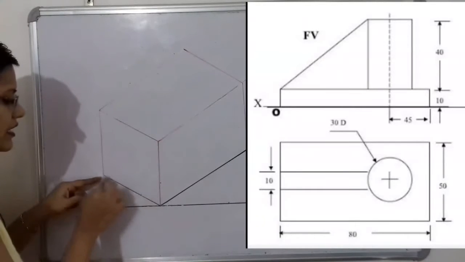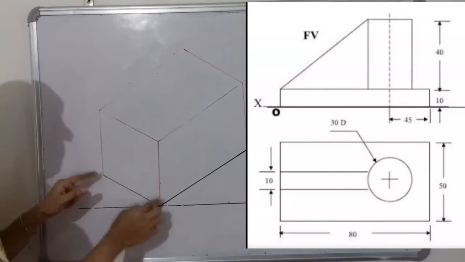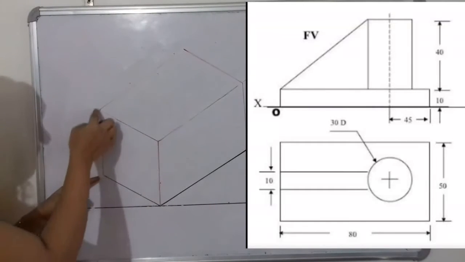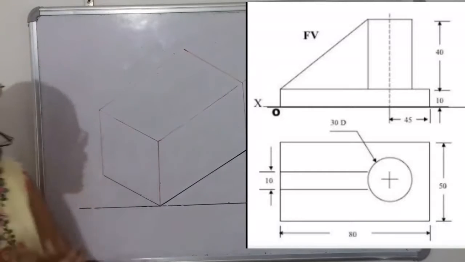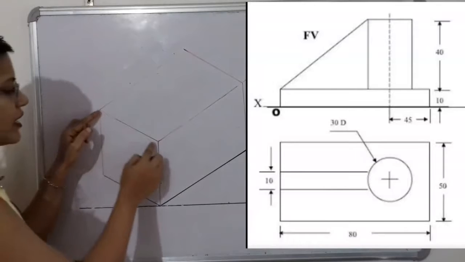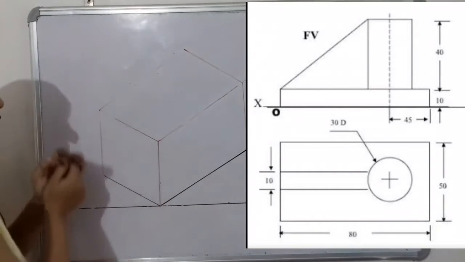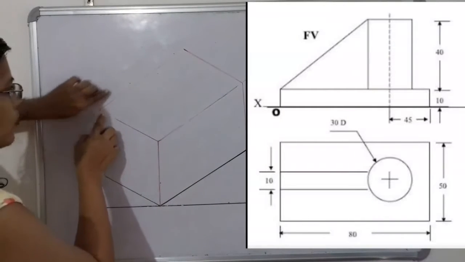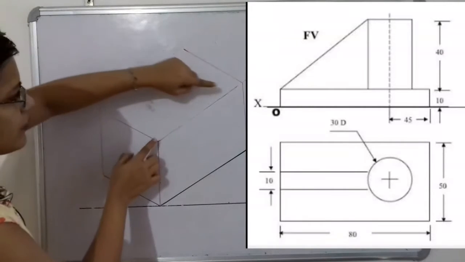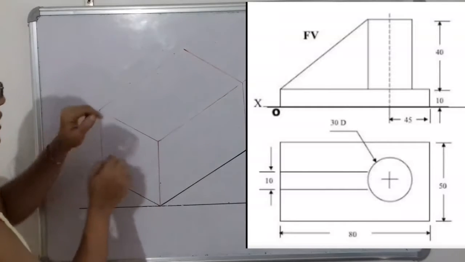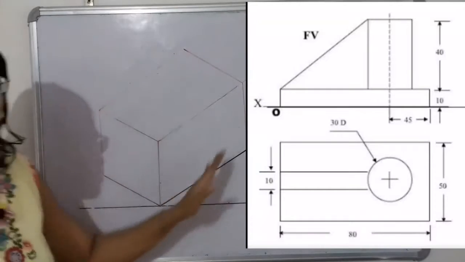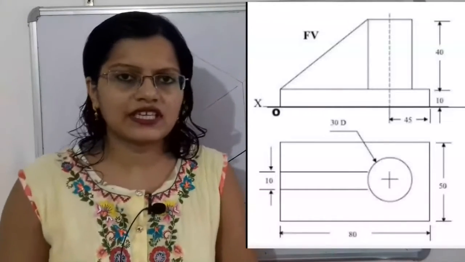So this line will indicate the width. What is the width? That is 50 millimeter. That means 50 into 3, 150 millimeter. We select the point and draw a vertical line which will indicate the dimension for the height, that is 150 millimeter. Now if we get these 3 points, just join these 3 points. Now from this point we draw the parallel line for this line, and we take the dimension equal to length, and then we join these 2 points. Now this outline of the isometric projection is getting completed.